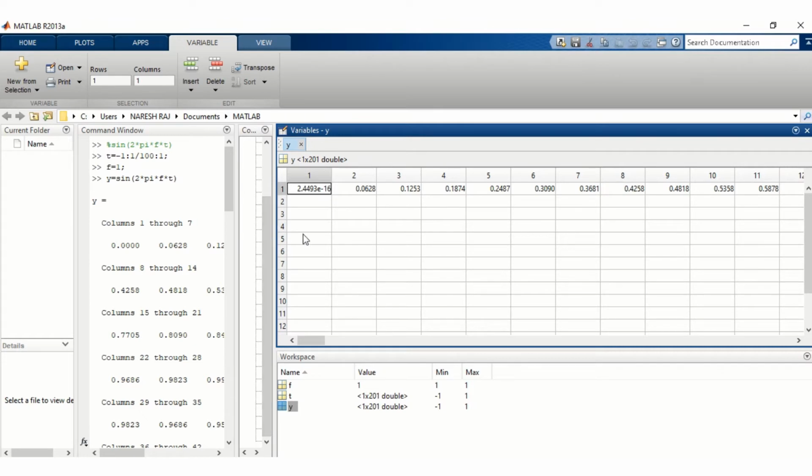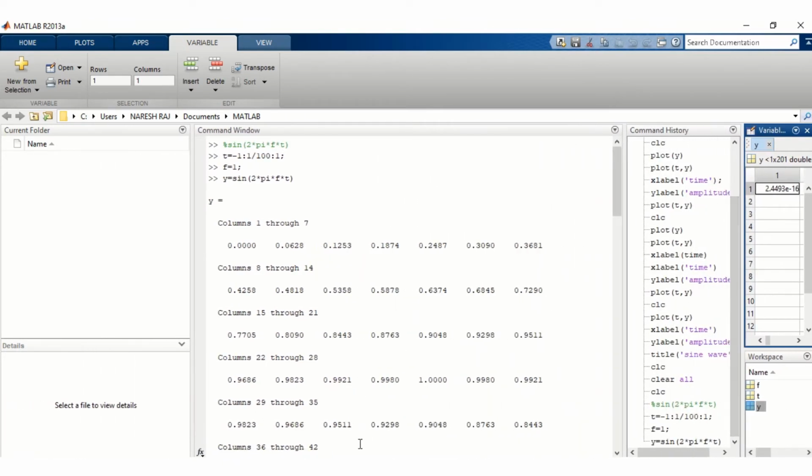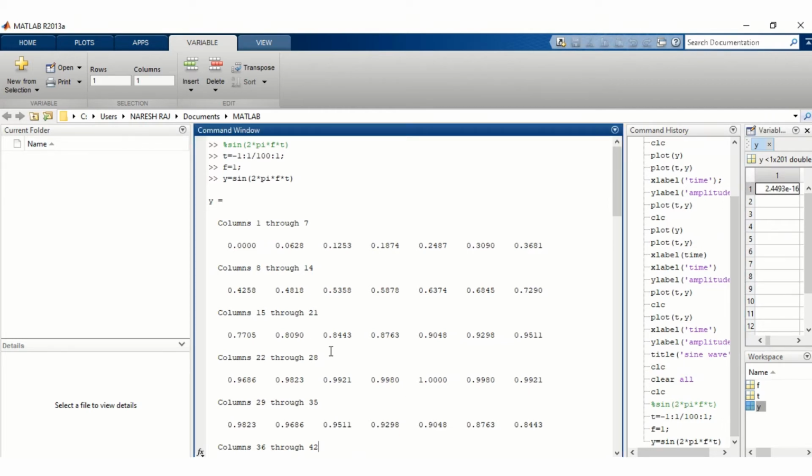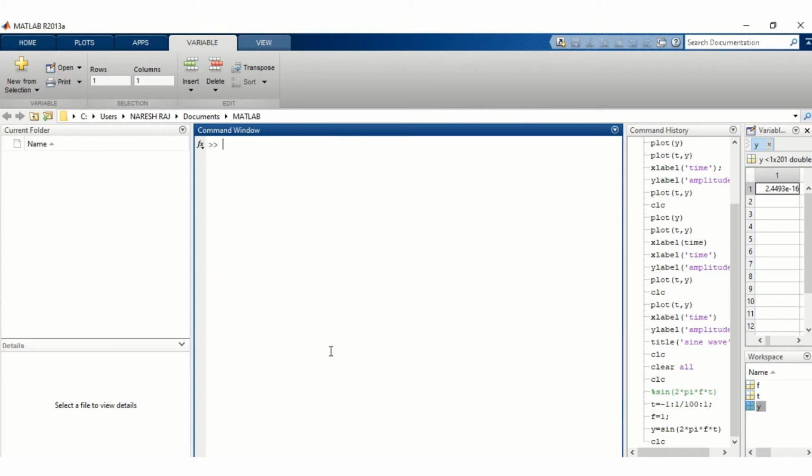Now we will see how we can plot this. First we will clear the command window, and then write the command plot to plot the sine wave.